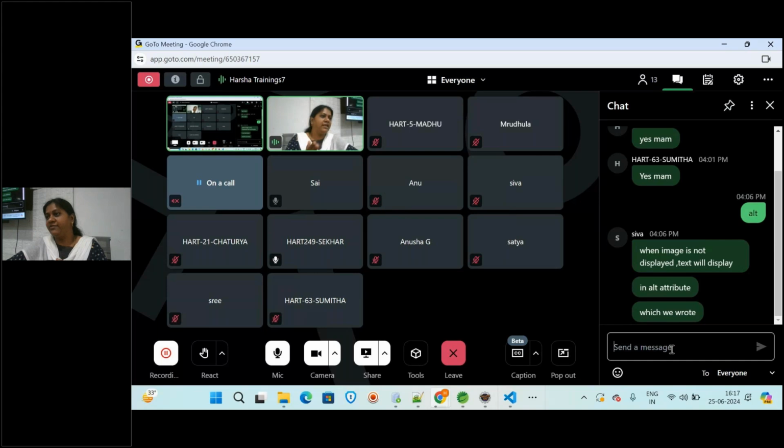Mostly, sometimes you will see paragraphs where somewhere in between the paragraph the image is aligned, right? The image will be embedded in the paragraph; the complete paragraph you will write, and somewhere in between the image will be there. At that point also you can use this. Wherever you want, you give that image and then align it to the center or top of the text. Okay, so is it clear, online students?